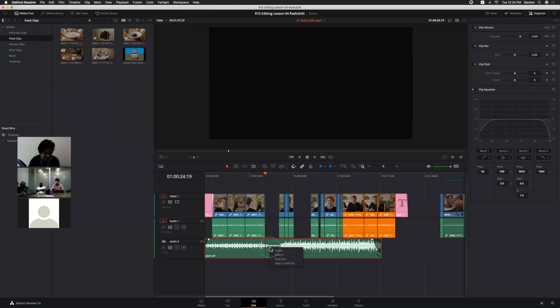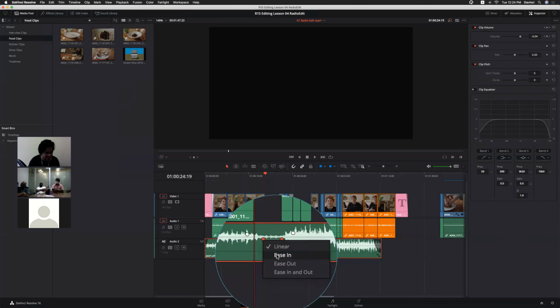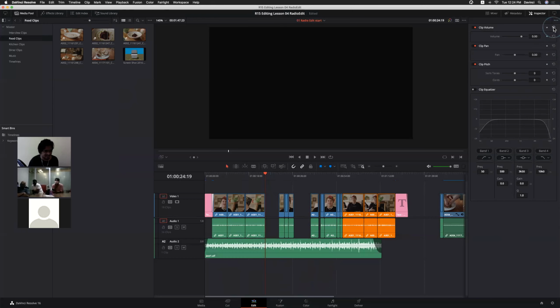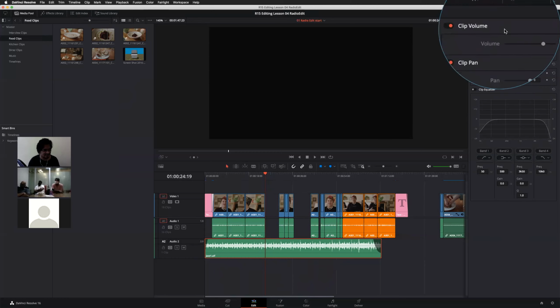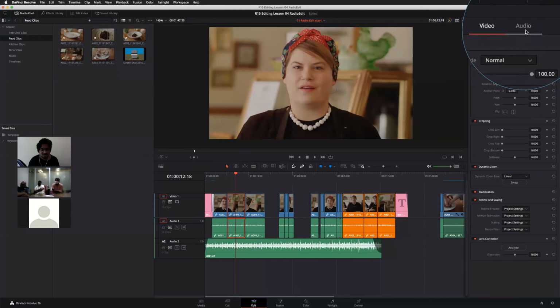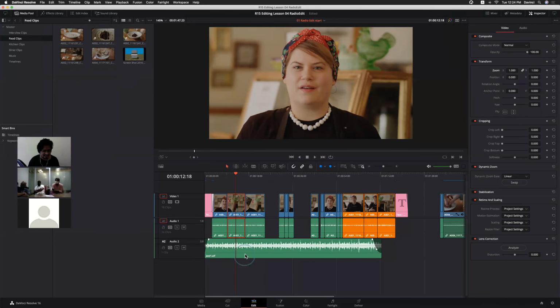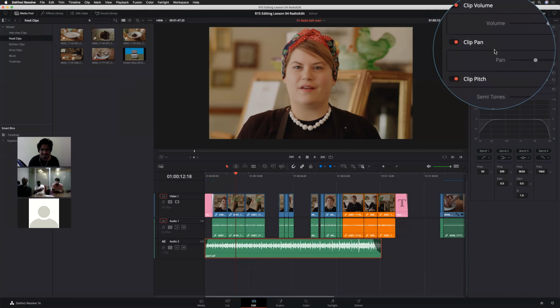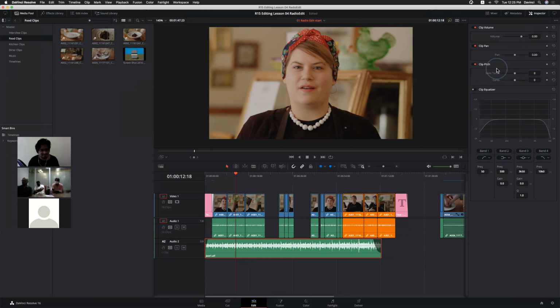And if you want to create an ease in, ease out for that particular thing, you can always right click and select this option, right? If you want to reset. And when you select an audio clip, within the inspector window you will see audio properties, right? Right now we are not seeing any video properties. If we select a clip with audio, we see video and audio, but here I am selecting only audio. Now we can see only audio: volume, the clip pan, even the pitching also. That means when we slow down or speed up audio, it will try to correct the pitch.